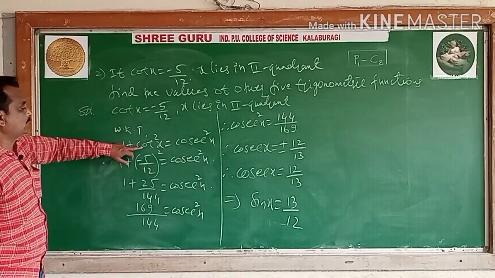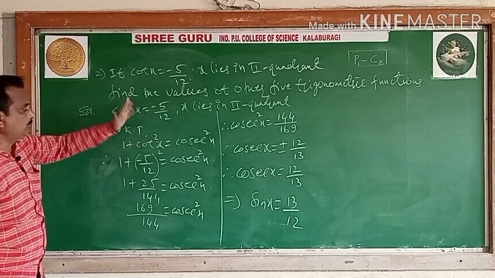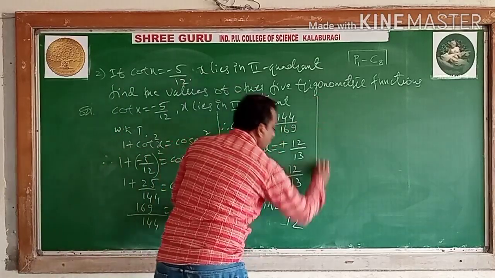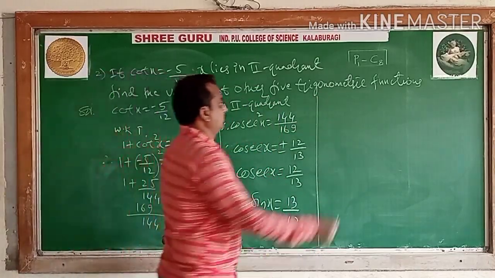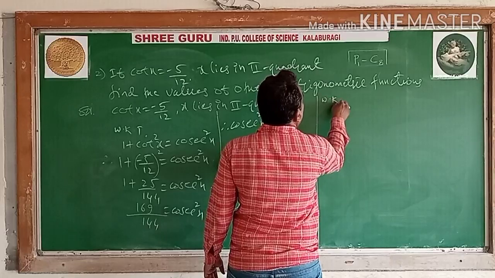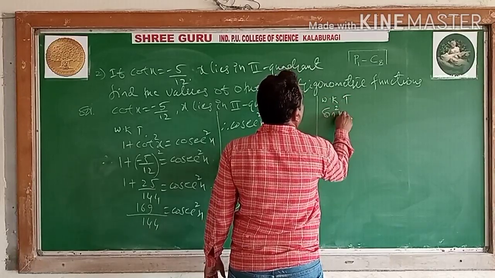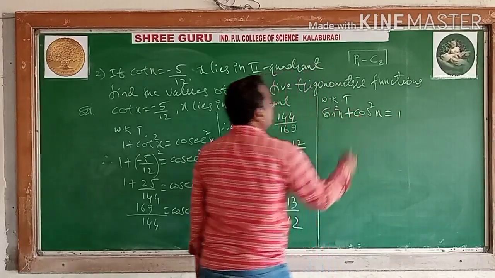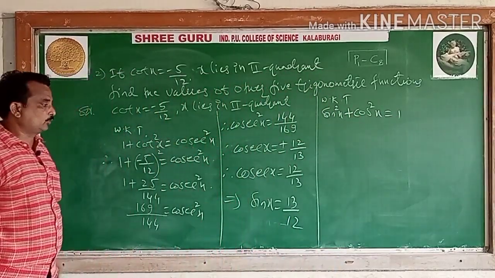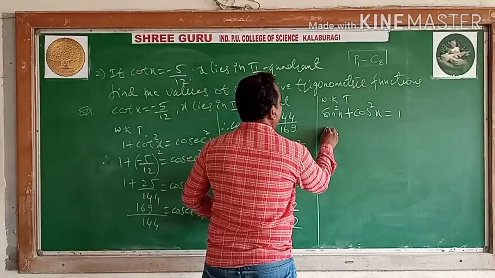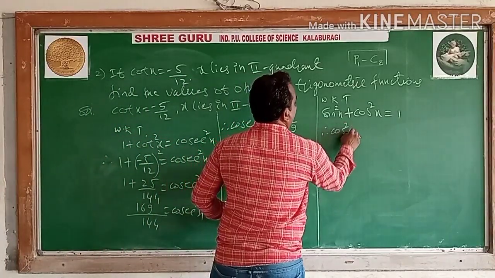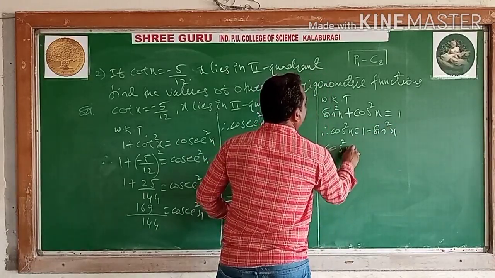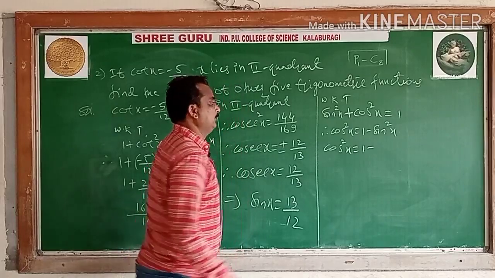After getting sin, you will have cot and then tan also. Then what is remaining here? Cos. After getting sin, is it possible to find the cos or not? Yes. Again we know that sin square x plus cos square x equal to 1. What do you have to find? Cos. Therefore, cos square x equal to 1 minus sin square x.